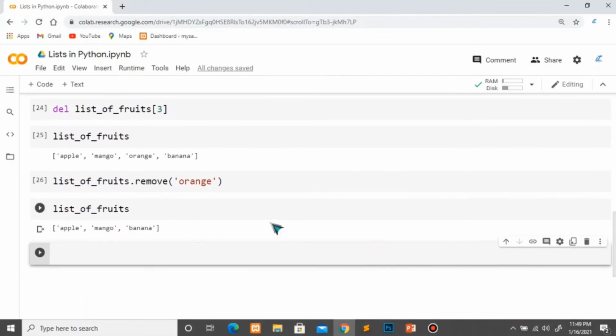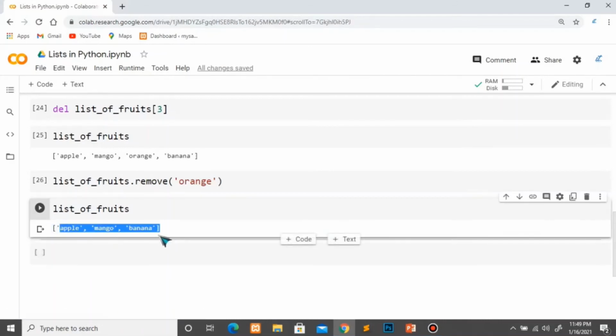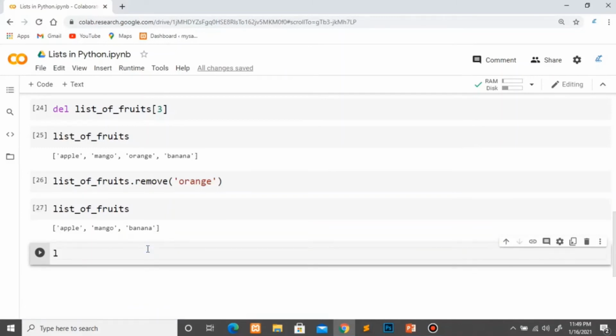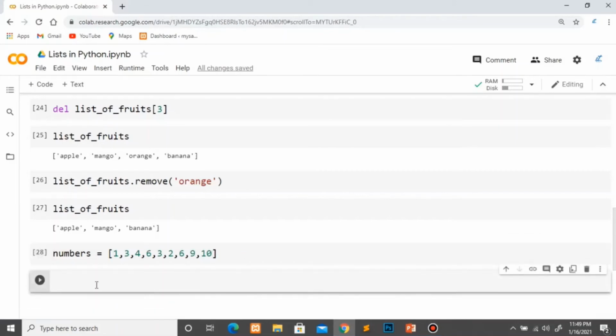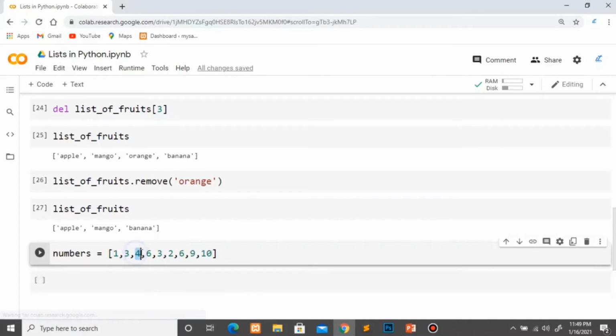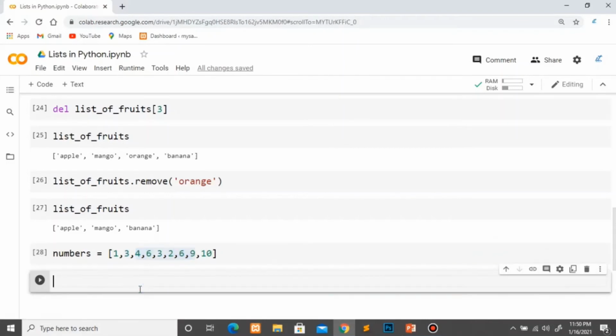In this way, you can delete different elements, or even a complete slice of the list. Now this list is very small, so let us create another list. Let's say numbers, and here I will write different numbers from 1 to 13. Okay, this list has been created. Now I want to delete the numbers from 4 to 9. Then I will write del